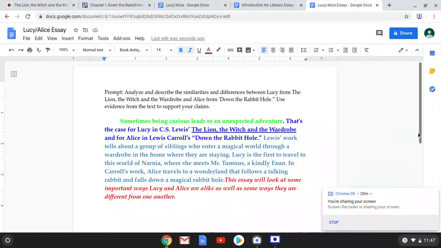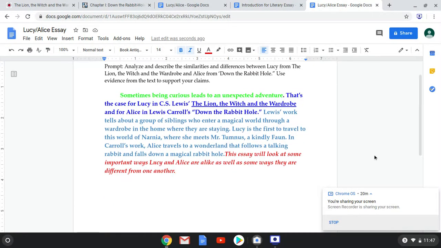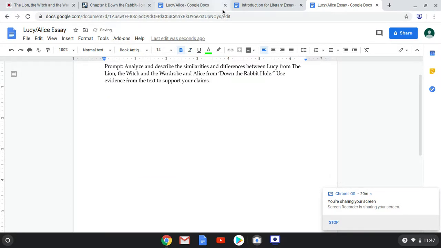So just say, I'm going to want to use this later, so I'm going to copy it. Just say, you don't have a lot of time. Let's go back to black. Let's undo the bold. Okay. We know that we're going to write about how the characters are alike and how they're different. You can just indent and say,